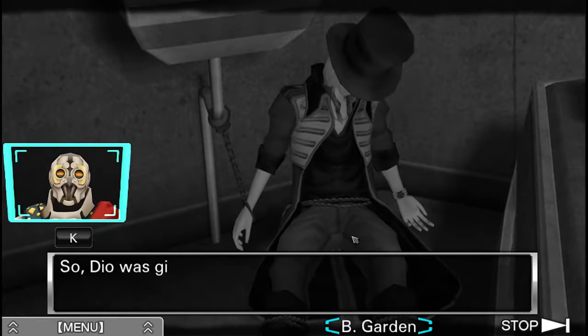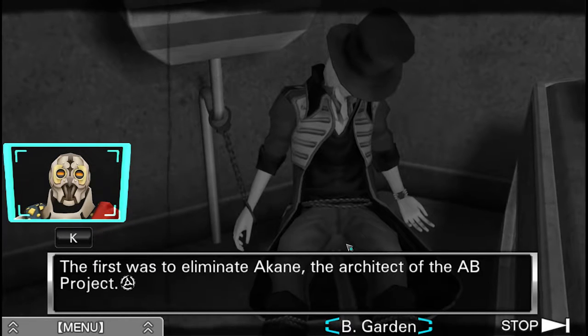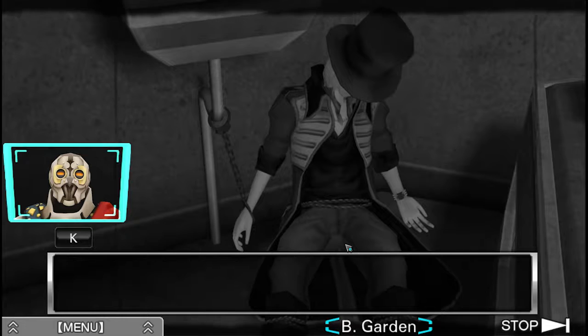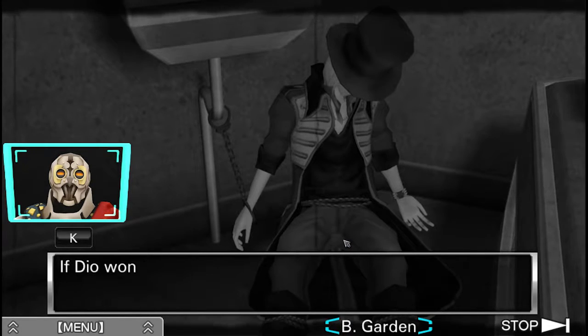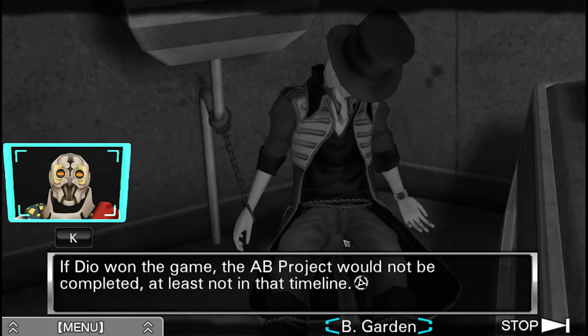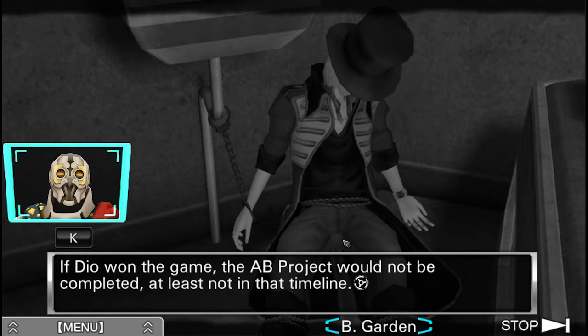So, Dio was given 2 tasks. The first was to eliminate Akane, the architect of the AB project. The second was to join the AB game and win it. If Dio won the game, the AB project would not be completed. At least, not in that timeline. Yeah, but did he... I guess... Sure, but...